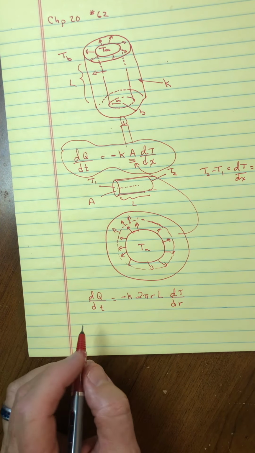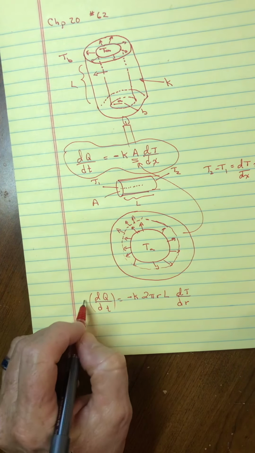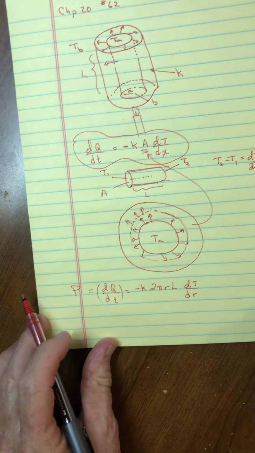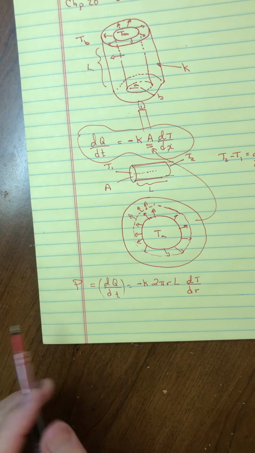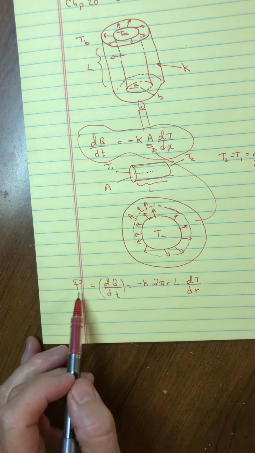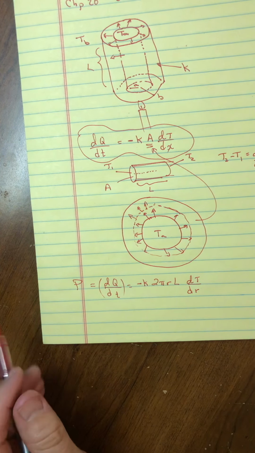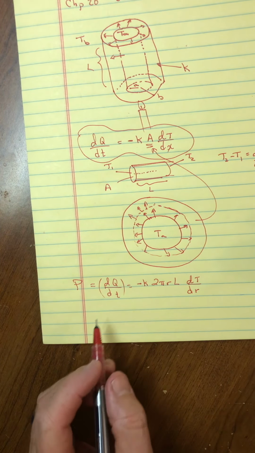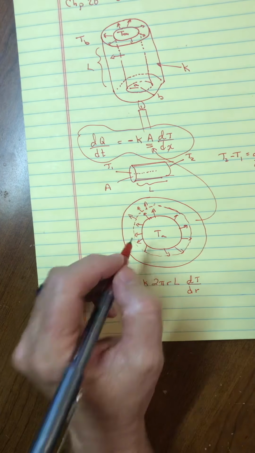Now, there is perhaps one more tricky thing here, and that is to recognize that this number, dq dt, would be a constant number. Let me just call it P, since it does represent an energy per time. It's a rate at which thermal energy flows, and usually we call energy per time power, although usually that's mechanical power, but I'm going to just call it a P for power. This is the flow of heat, and so if we're maintaining the inside at a constant temperature, then as the